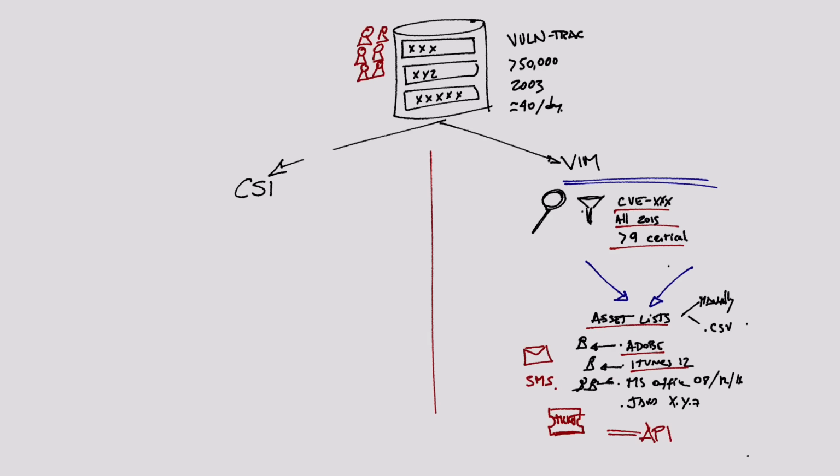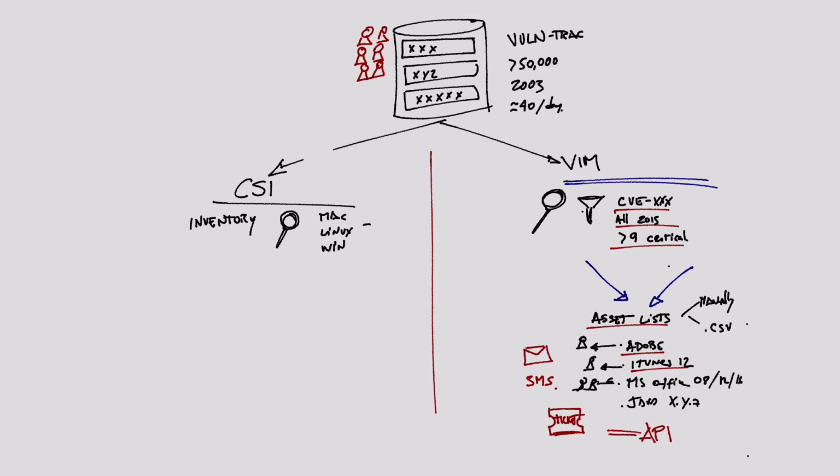Now, let's go to the CSI. What exactly is the CSI? Well, the CSI does not do anything and does not provide any value whatsoever until you have the famous inventory. And the inventory, we always say it's a scan, but let's avoid using that word. The product runs an inventory on your Macs, your Linux, and your Windows computers, retrieves this inventory, and then correlates it to the VulnTrack,